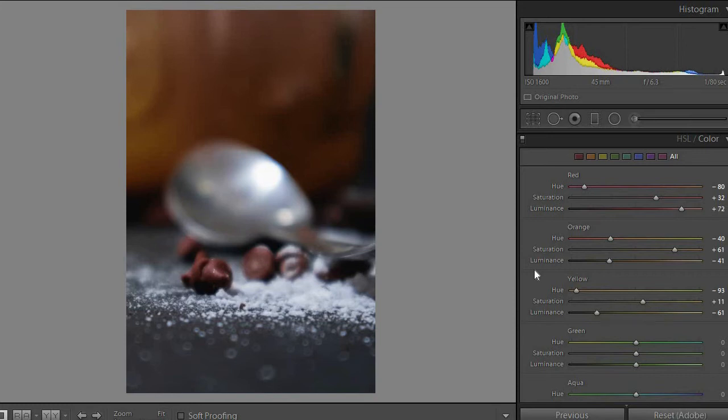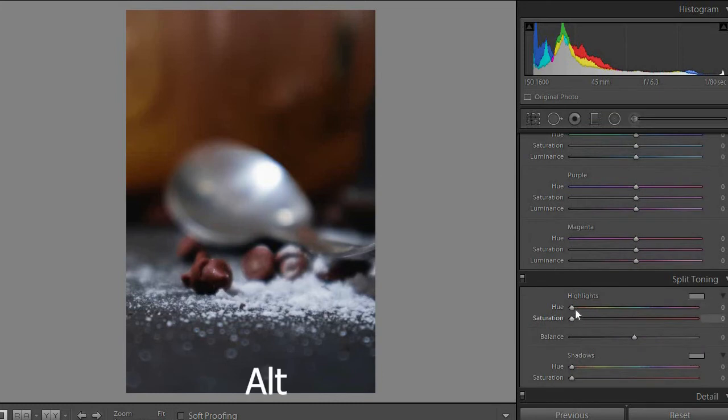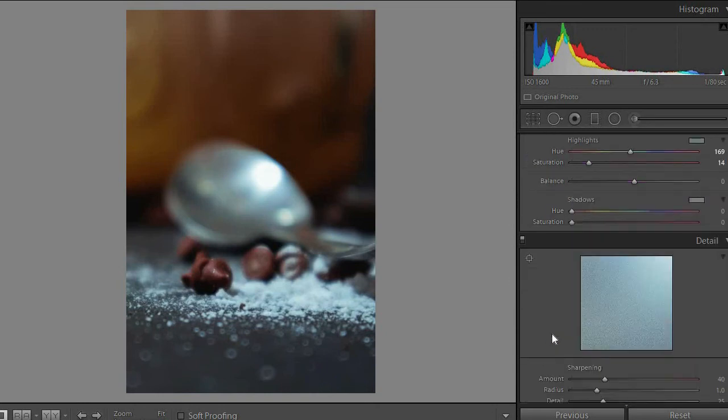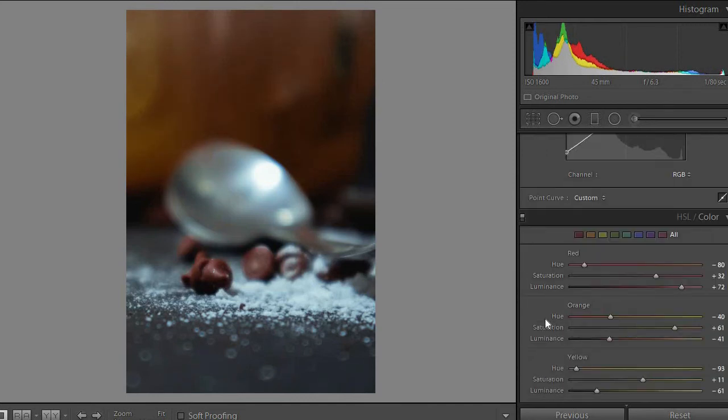As you can see, the image is now completely converted from a completely yellow image to a completely brown and chocolatey kind of look. Now I'll increase the hue of the highlights to give my image a contrast of browns and teal color. So I'll give a bit of teal in my highlights.